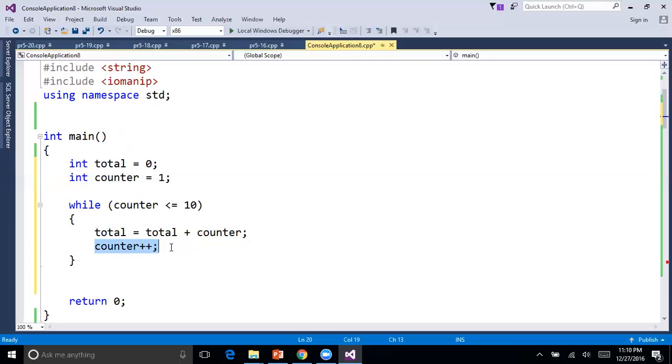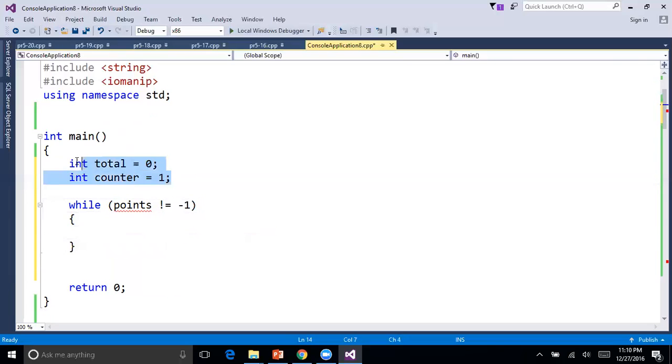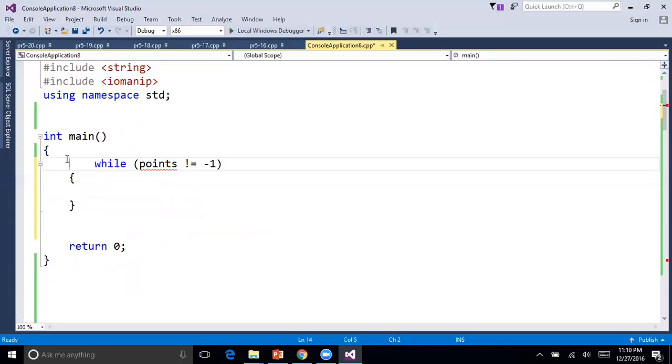Now let's talk about another use of a while statement, which is if we were to have a sentinel. What that means is if I were to say points does not equal -1. Okay, so let's just pretend we have whatever it is inside this while statement, whatever it's doing, and it's going to keep going around and around as long as points is not -1. So as long as this is a true statement, points is not -1, right? So for instance, let's say that you're giving me